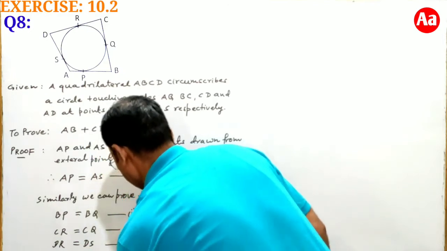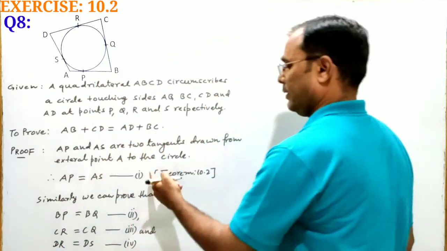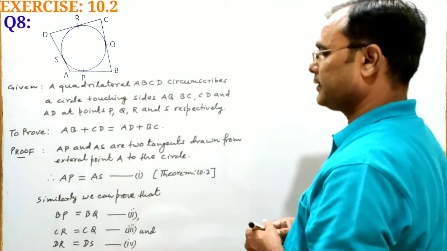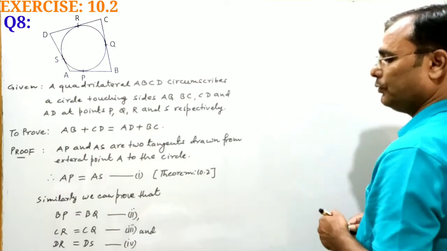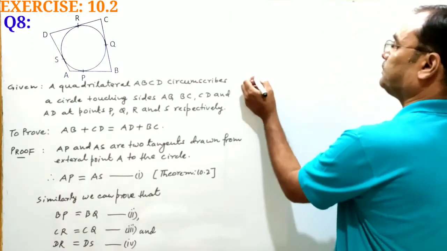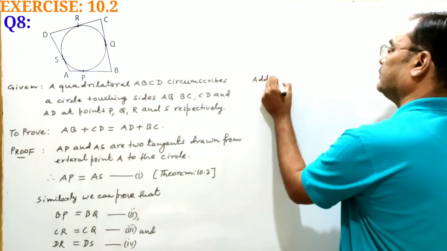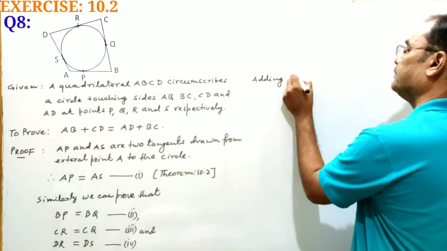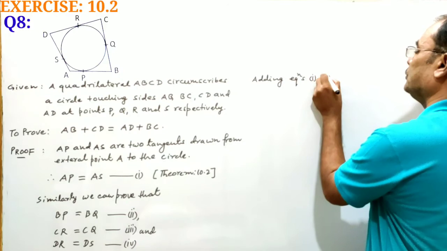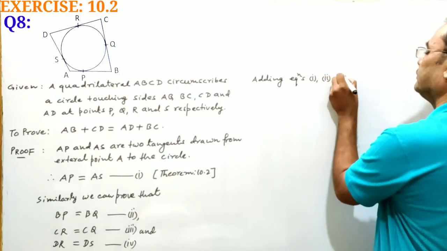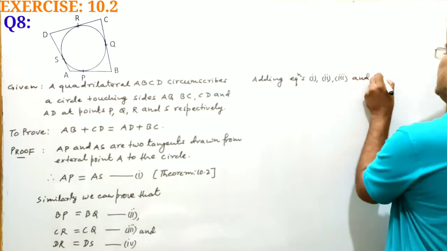Number 4, so we have got 4 equations here, first, second, third and fourth. Now adding equations 1, 2, 3 and 4,